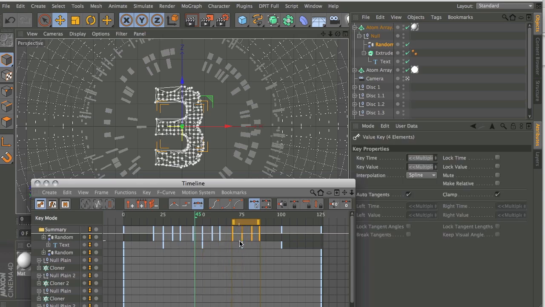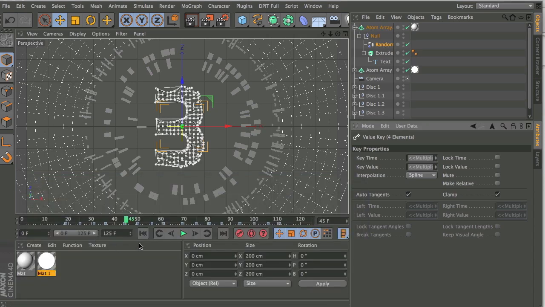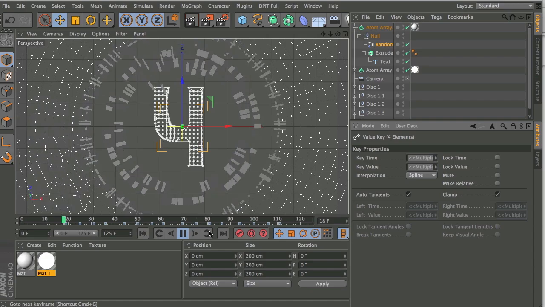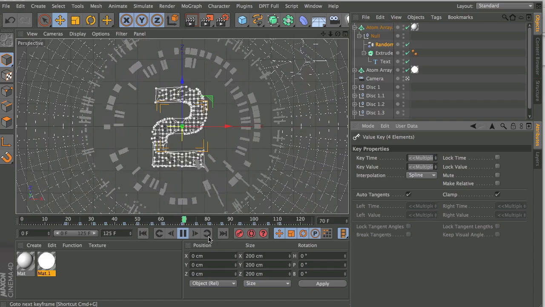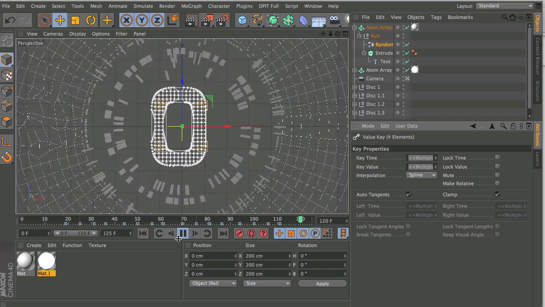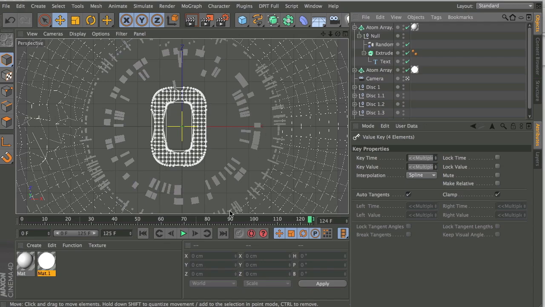So I'm just going to duplicate this. I know that this second frame always sits with this keyframe where the number changes. So if I now play this back, we go 4, 3, 2, 1, 0. Fantastic. So the animation is created,